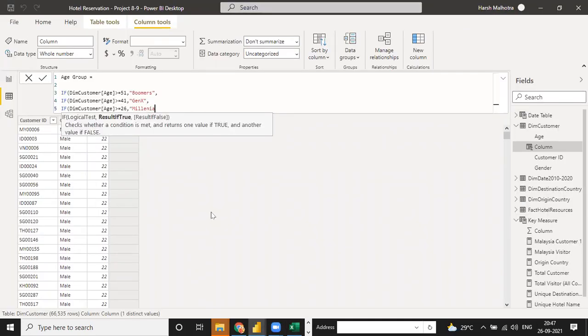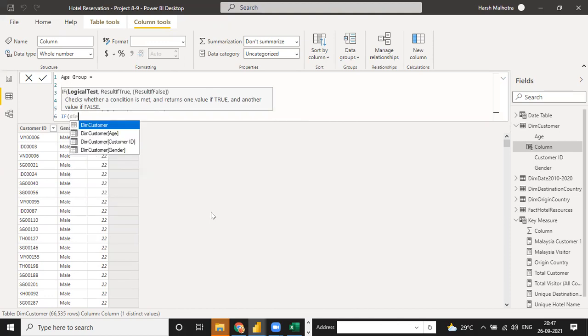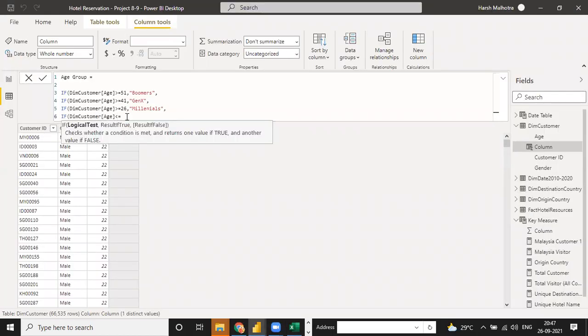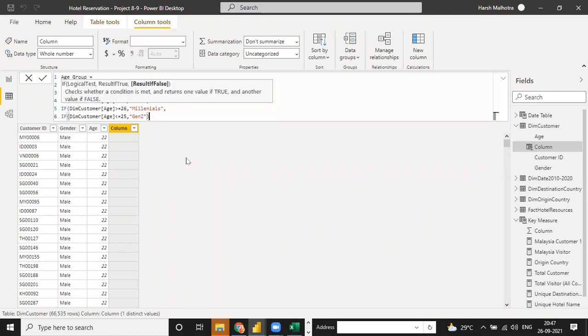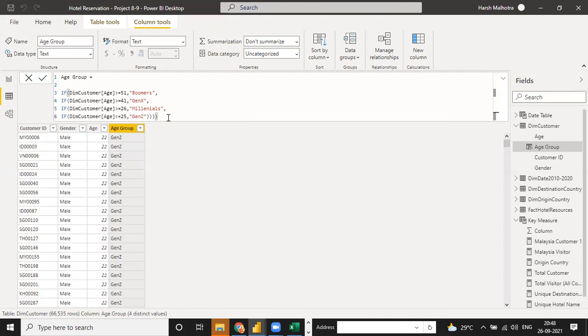And the last thing, if age, right now we are using 5 to 25, means less than or equal to 25, then we need Gen Z. Click IF one time, second time, third time, fourth time. Why do we need four? Because one function for the first, second for the second, third for the third, and fourth for the fourth. And now you can just press enter, name this column age group, and it will be executed.